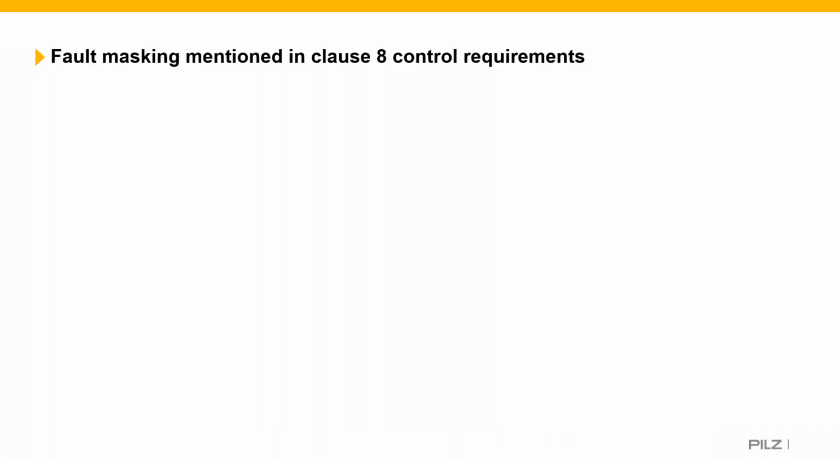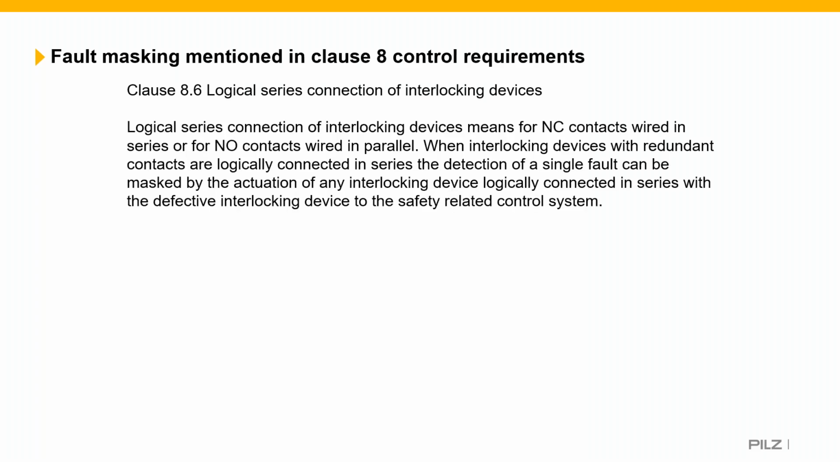Fault masking. So clause 8.6, logical series connections of interlocking devices. Logical series connections of interlocking devices means normally closed contacts wired in series, or normally open contacts wired in parallel. And when interlocking devices with redundant contacts are logically connected in series, the detection of a single fault